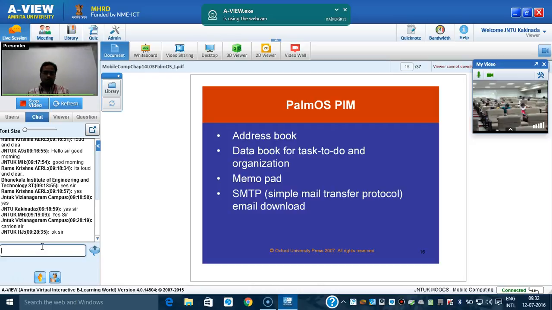Okay, so what are all the applications which this Palm OS is supporting? Palm OS is basically used for PIM. PIM stands for Personal Information Management. So this Palm OS is basically focused on the applications which are used to store personal data. So it will store the personal information, like an address book. It will store the addresses, a date book, a to-do list for the tasks we need to do, organizations, memo